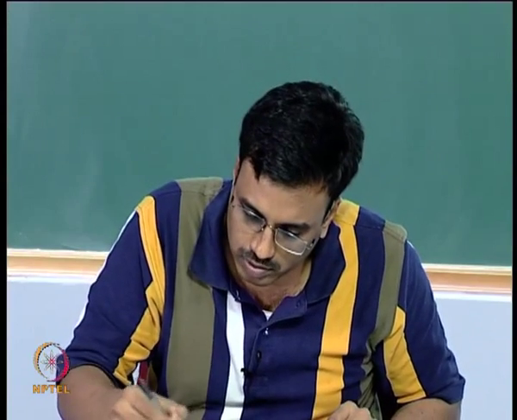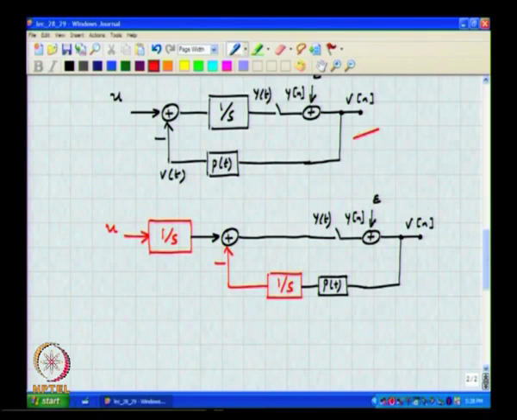So, do you think this is a practical way of implementing this loop? This is an aside and not directly relevant to our discussion, but just out of curiosity I am asking you, do you think it is practical to implement the loop like this? Why? The integrator is outside the loop, and we all know that an integrator working open loop will saturate. Okay. But as far as analysis is concerned, we are perfectly free to do this, okay, because mathematically it is equivalent.